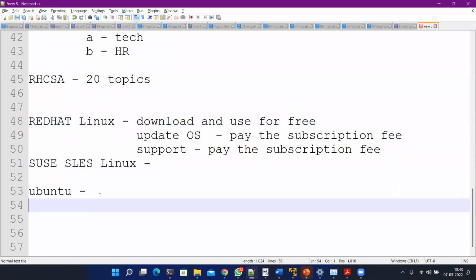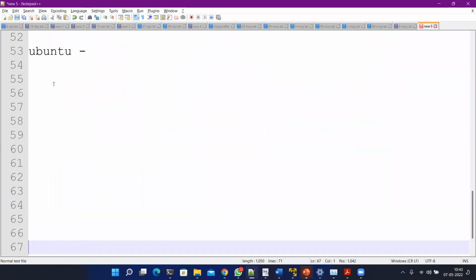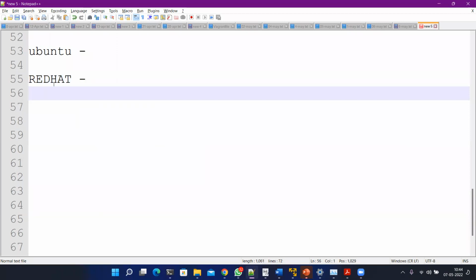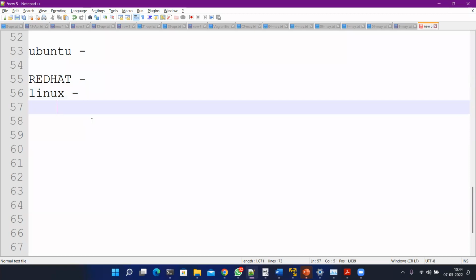All right. Now let me tell you some more things about Red Hat. Red Hat company, as you know, is building multiple software products, one of which is Linux, Red Hat Linux. You know what happens when Red Hat is developing some new command or new feature for Red Hat Linux? They are going to test that feature in some other operating system. So Red Hat has developed a project which is called Fedora.